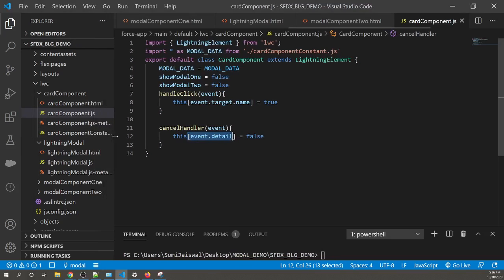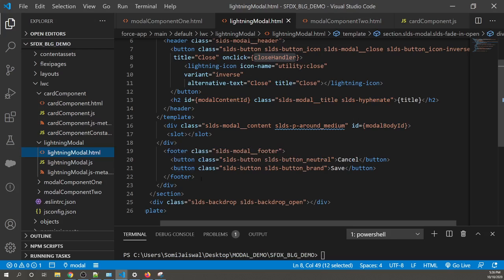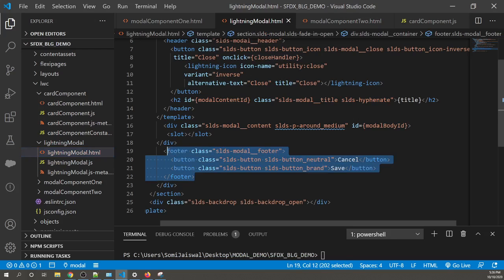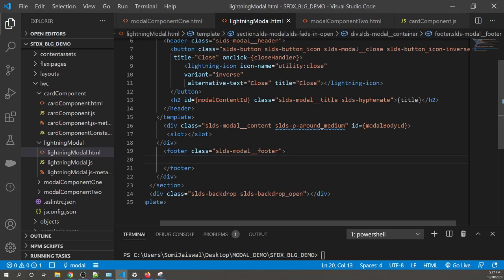Now what we want to do is we want to give the feature that the footer should come from the parent. We're not going to handle this every time, because this is the most dynamic part, and every time the button will be in a different situation or different text will be inside. So I just want the model footer to be passed from the parent, not from the child. So what I'm going to do here is I'll take this button out, and within the footer tag I'll create a slot, and I'll create a slot with the name by which my parent gets to know where he wants to place those buttons. So I'll give this slot name as footer,